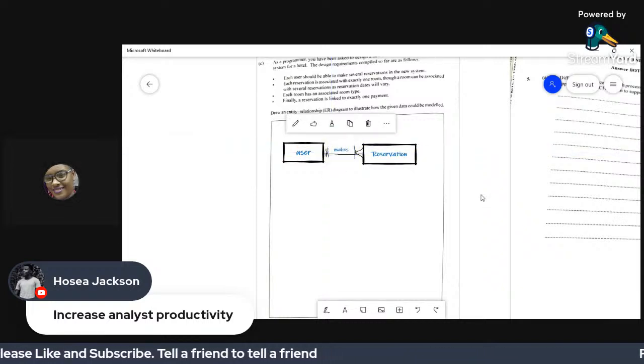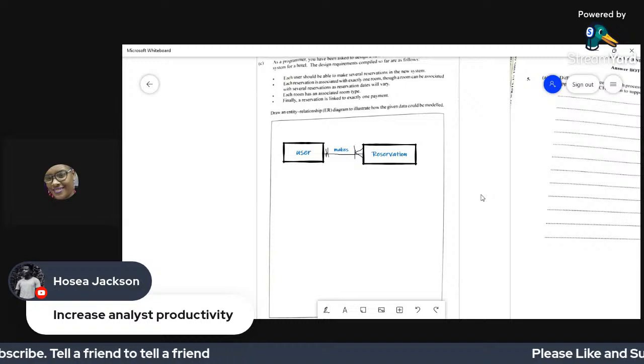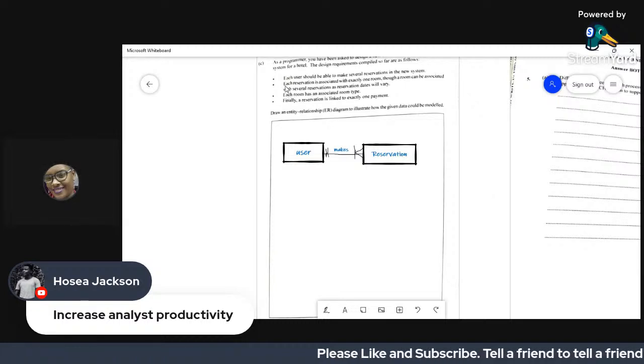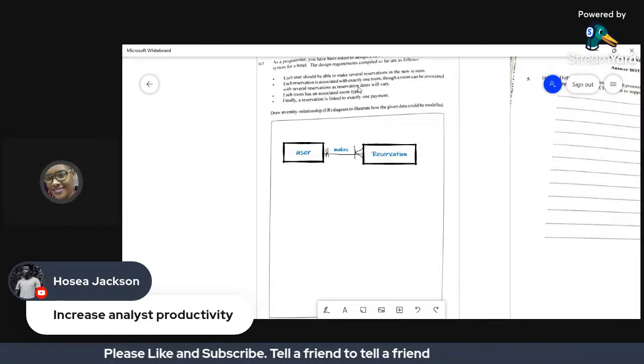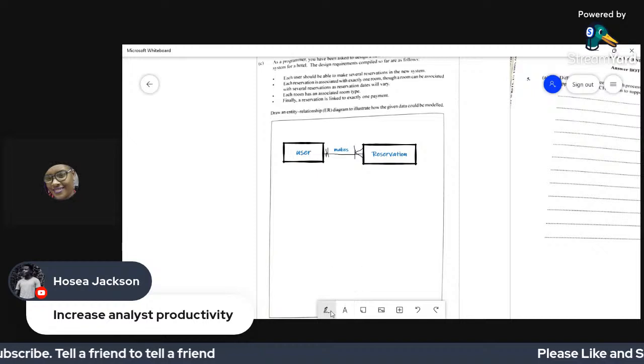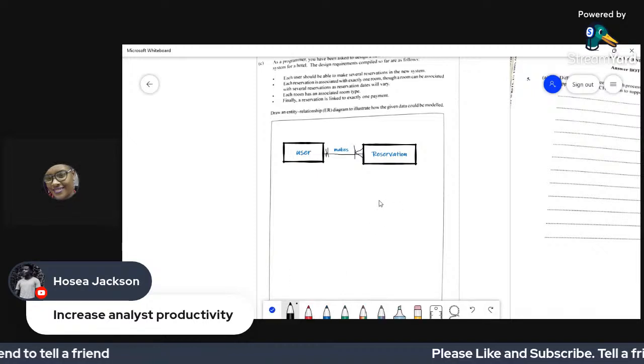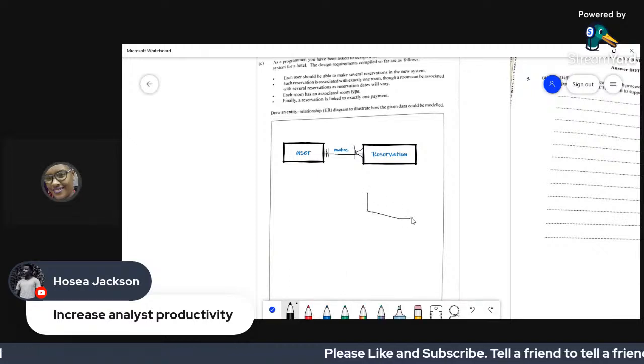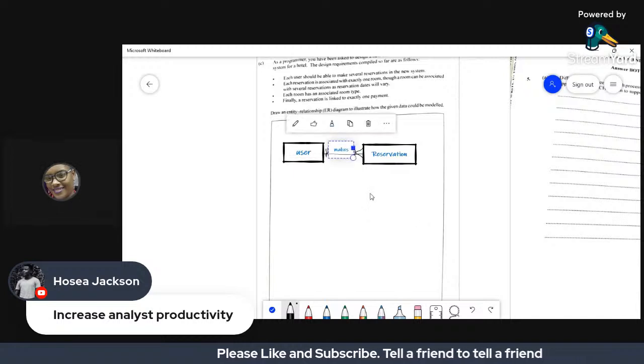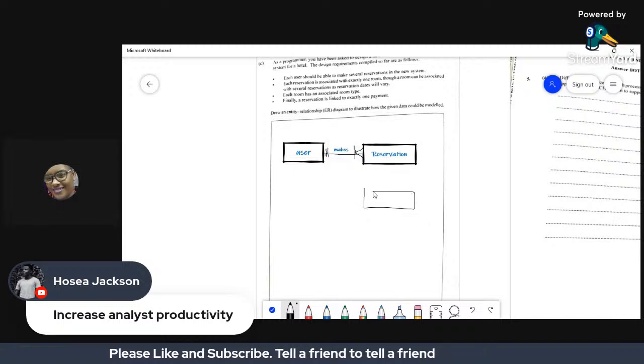All right, user makes reservation. Next part now, it says each reservation is associated with exactly one room. So we need to draw a next rectangle here, and this one would be for the rooms.